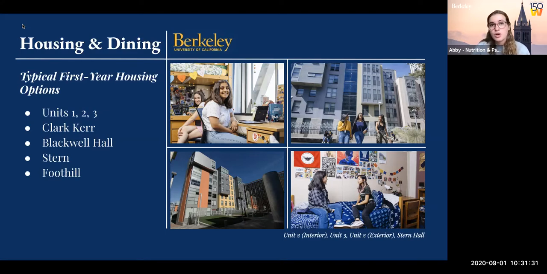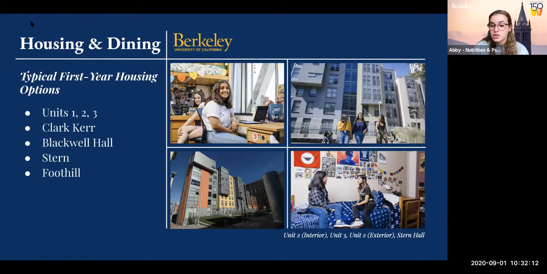Again, that's typical dorm style with doubles, triples, I think even quads, and that shared bathroom, as well as suites in another area. Blackwell Hall is where I lived last year. This has all doubles, and it is all that typical dorm style living with that shared bathroom on a hall or on a floor. And it's really nice. It was actually completed in 2018. So it has the nickname Hotel Blackwell because a lot of people enjoy the amenities as a newer dining or housing option, but all these other housing options have been newly renovated.